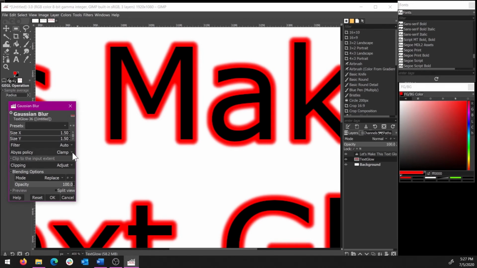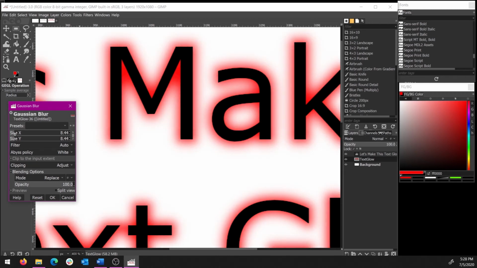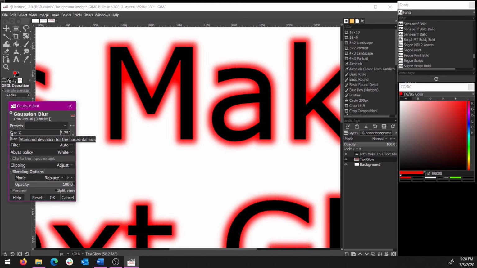When we're working with a white background, I found that the best abyss policy is to go ahead and set that as white. And then we can play with the amount of blur that we want happening. Softer or harder. So for this, I wanted to have a prominent red outline, but also meld into the background a bit. Soften the edges so that it just seats itself back into the document. So something like that looks great. We'll hit OK, back out,